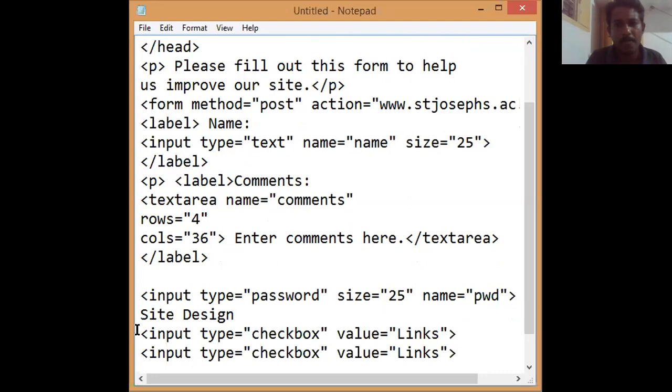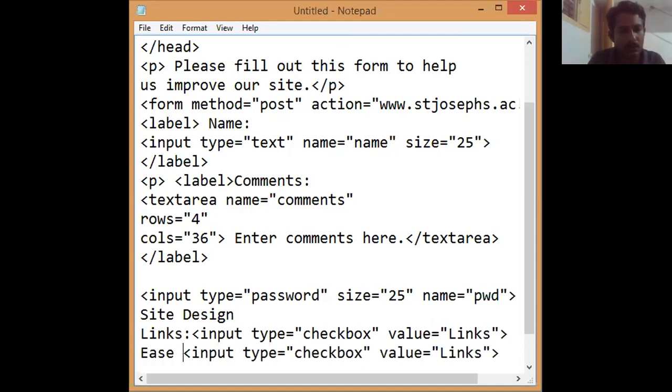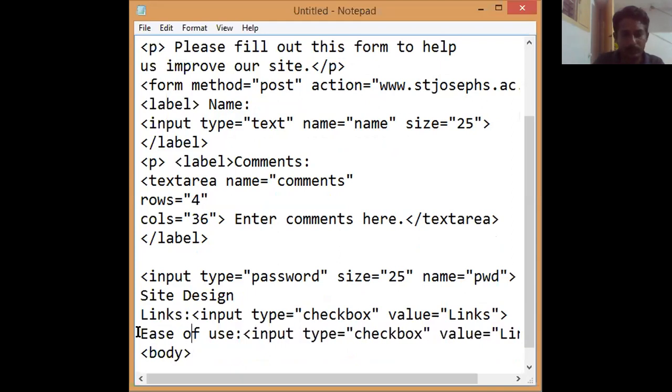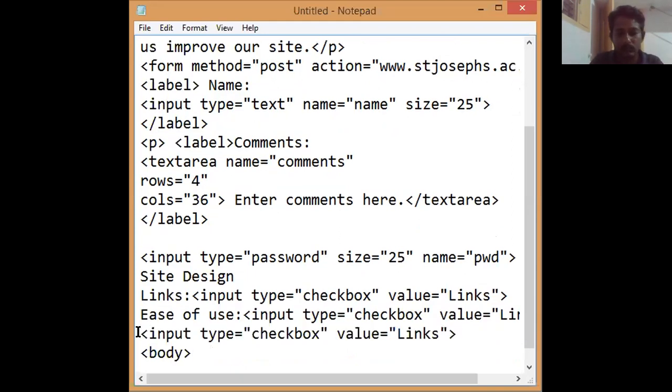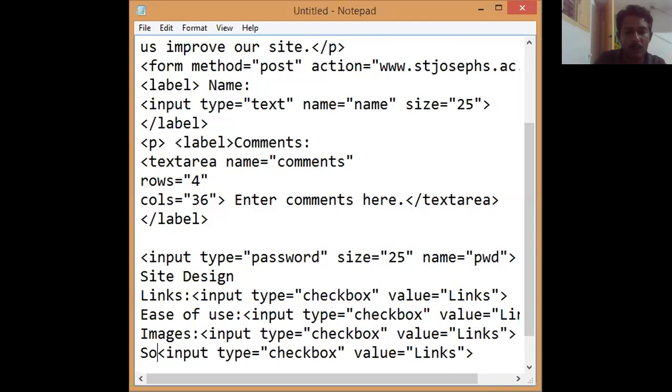So here I'm going to use links, and I can give images, and source code. Right.